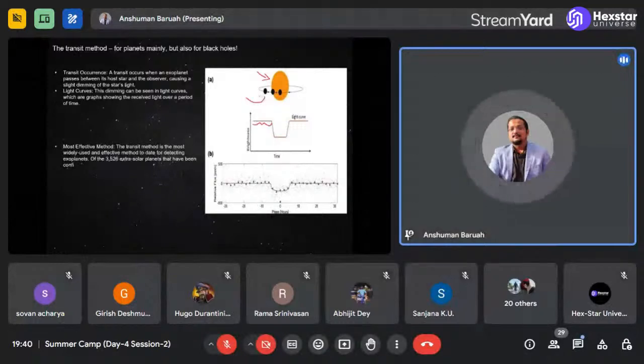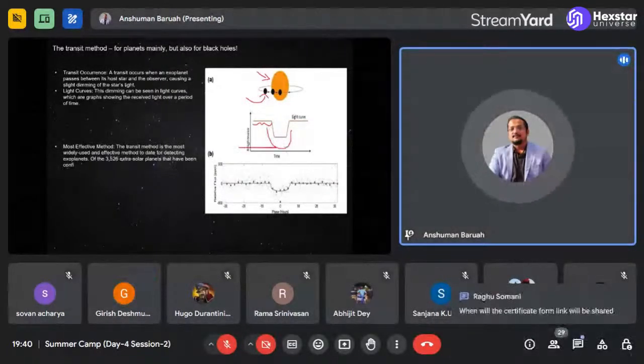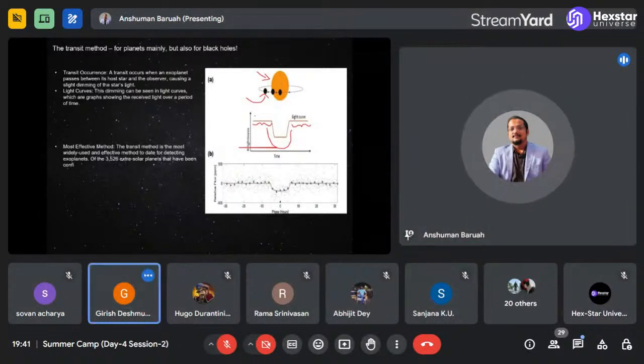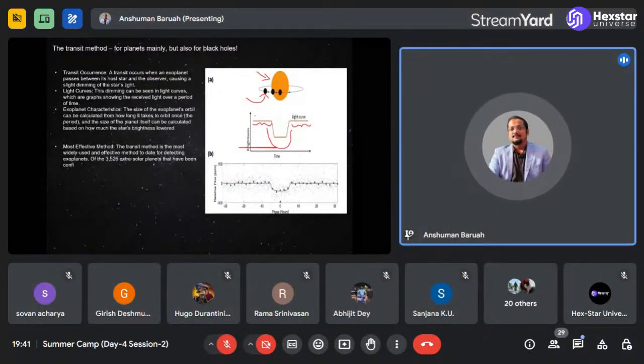But whenever a planet, or for that matter any object, passes in front of the star, there is a certain dip in the light profile that we are seeing. So the light is blocked by the planet, and the light intensity drops, and then it remains constant again, right? So if we see such periodic dips, we can be pretty sure that the star that we are observing actually has a planet that is orbiting it.